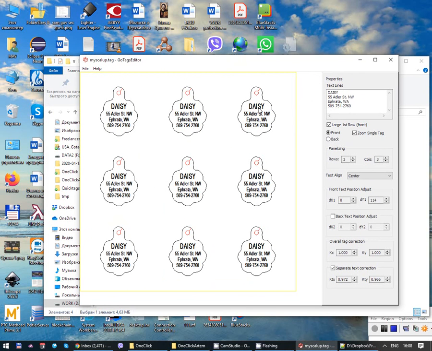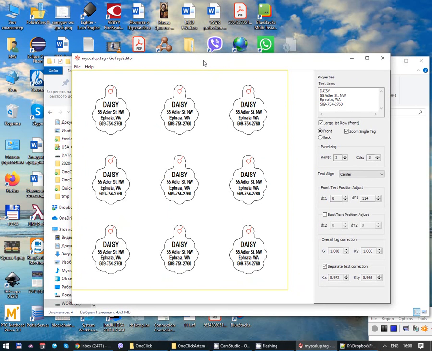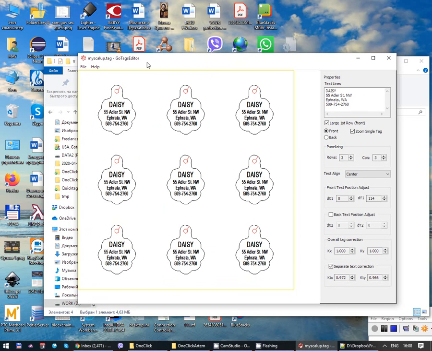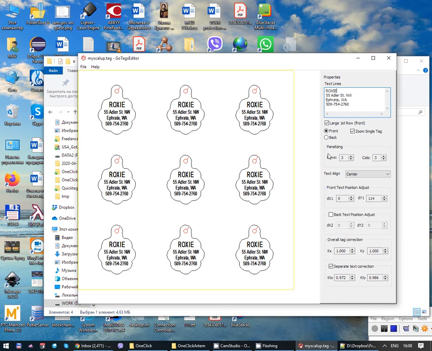So basically let's review once again. You open GoTagsEditor, you edit the tag here, you can review it, make all adjustments, make corrections if needed, and pluralize it, make rows count and columns count respectively. Then you save the file, save the tag file,